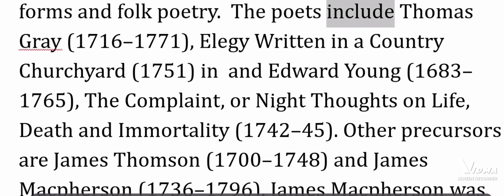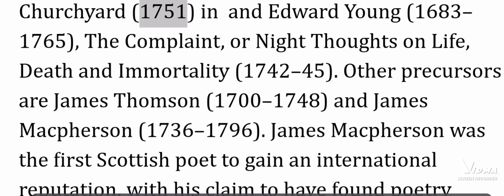The poets include Thomas Gray, 1716 to 1771, Elegy Written in a Country Churchyard, 1751, and Edward Young, 1683 to 1765, The Complaint, or Night Thoughts on Life, Death and Immortality,